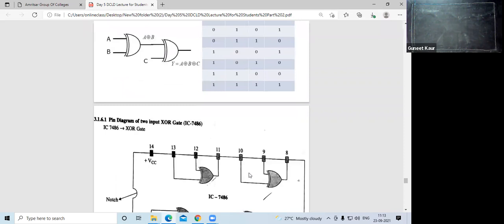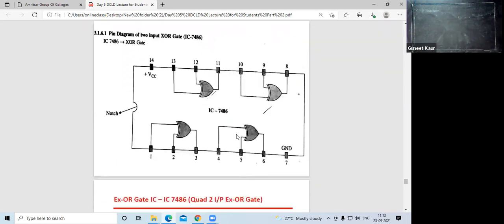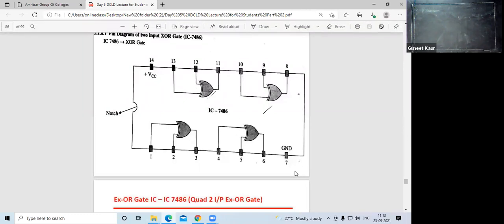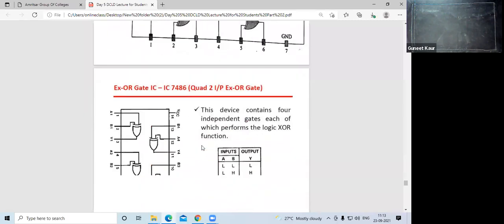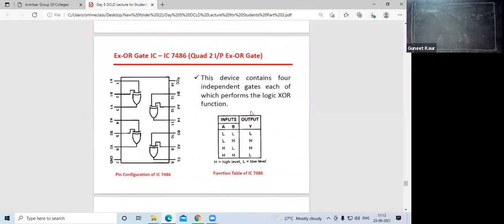Okay. Next is here IC. So 7486 IC is used for this. Okay, 7486 IC is here XOR gate. There are also 4 XOR gates, and this is also a 14 pin IC. Pin number 7 is ground and pin number 14 is here plus VCC. Next is here, so you can see now this has 4 independent XOR gates, and the truth